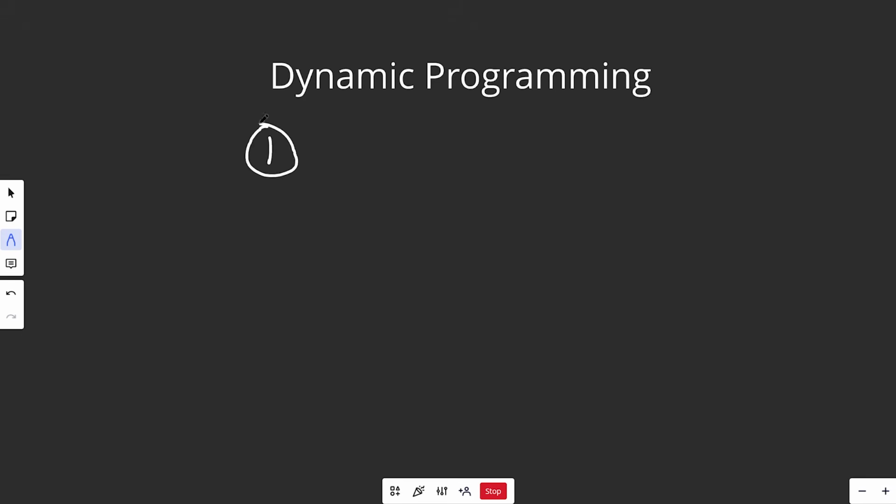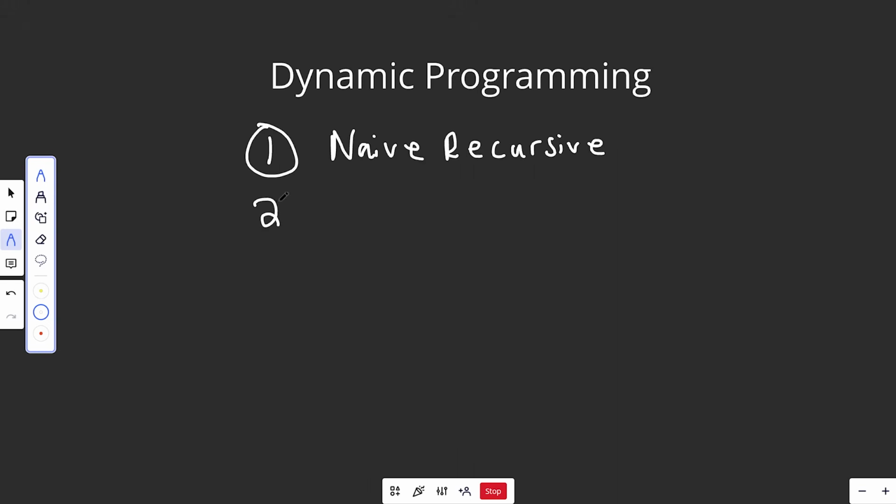The first thing that you would do is generally don't use dynamic programming at all, and you would generally write what is called the naive recursive solution. Now, this might have a very big runtime. This might be something like big O of 2 to the n, or maybe 3 to the n, or maybe something like n factorial. So that might be really slow, but that's okay because it's really easy to optimize that